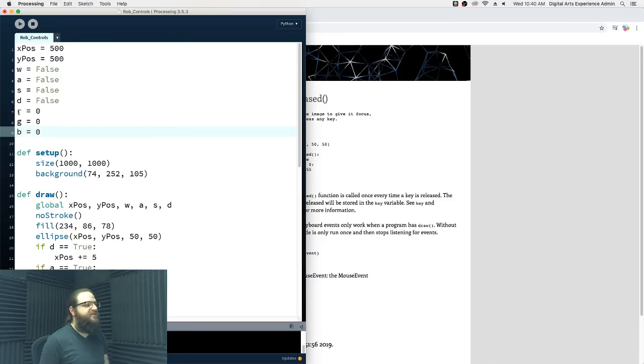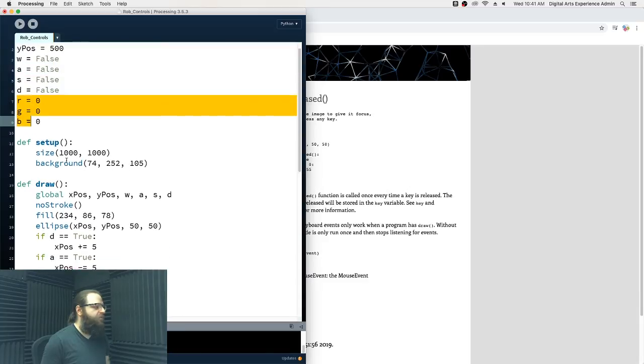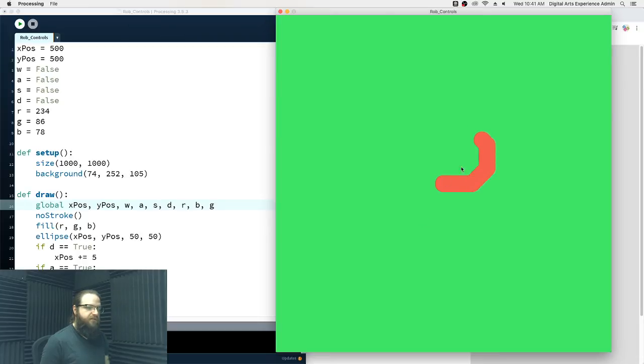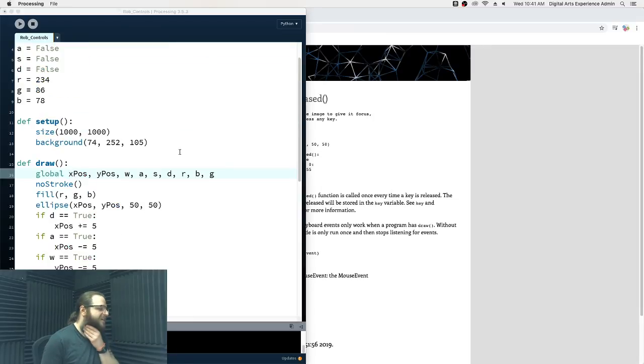So we can now use these variables in the fill function of our shape. So actually, what I think we'll do is set these values to the current color of the shape, so it starts the same color. So I'm just copying and pasting these in. And then down here, I can just put R, G, B, and I just need to make these global, okay? So now it's the same color. What we'll do now is